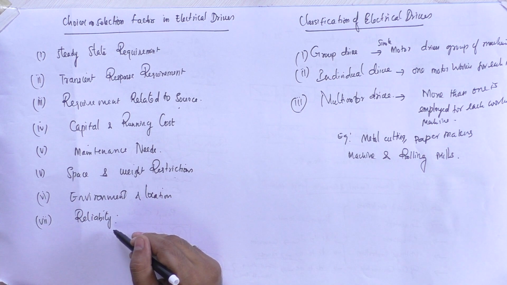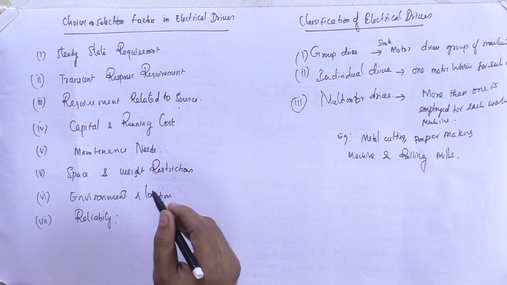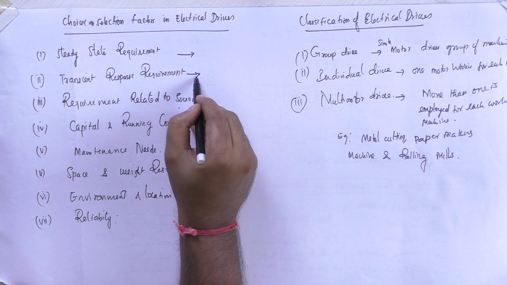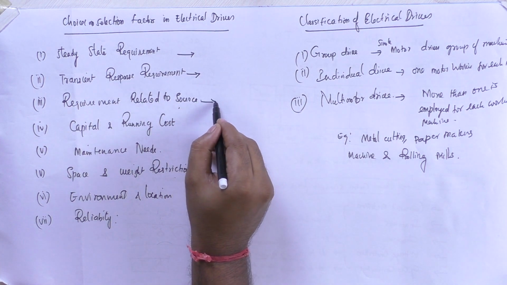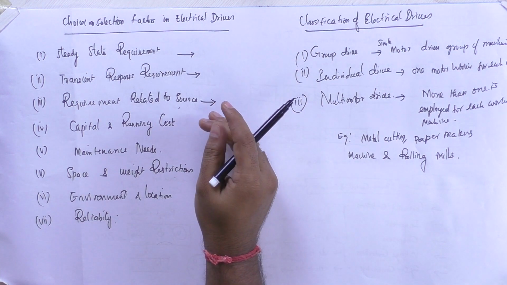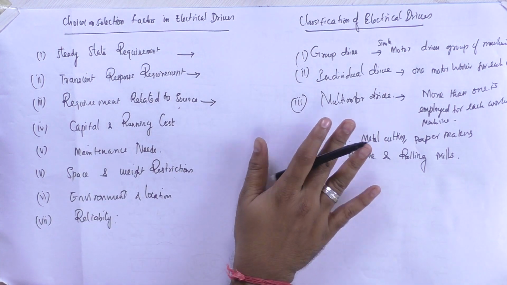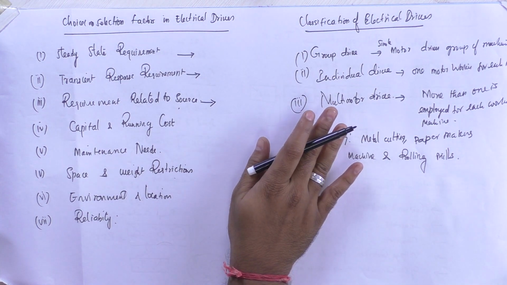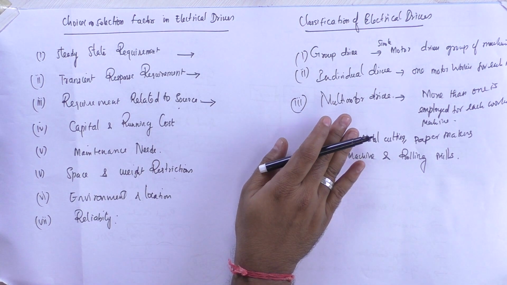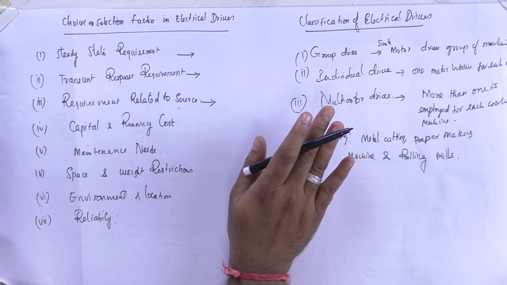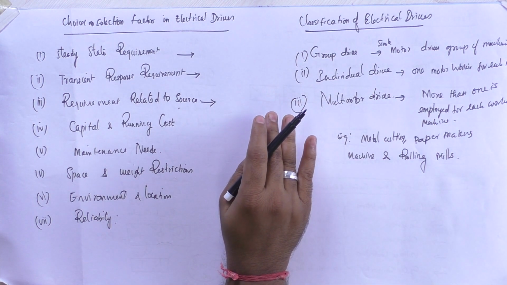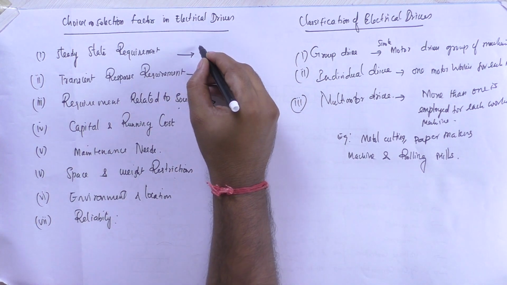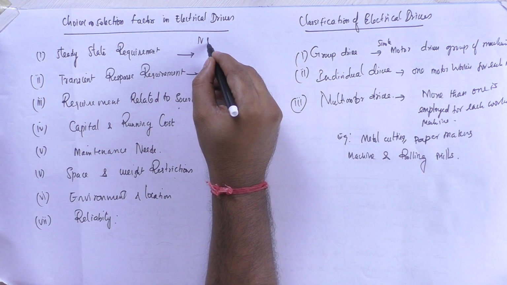So there are totally 8 factors, out of which steady state requirements, transient requirements, and then requirements related to source, these three are the most important factors to be considered for the operation of the load before selecting a drive. So, what does a steady state requirement involve? It involves speed versus